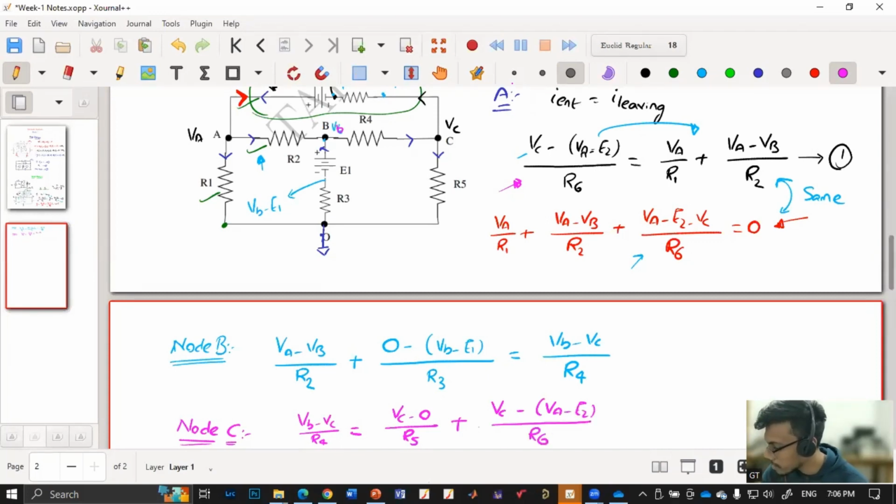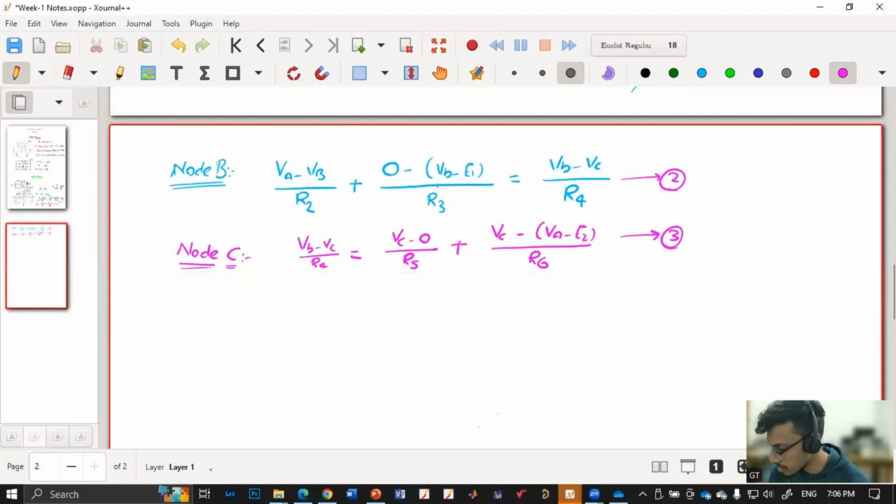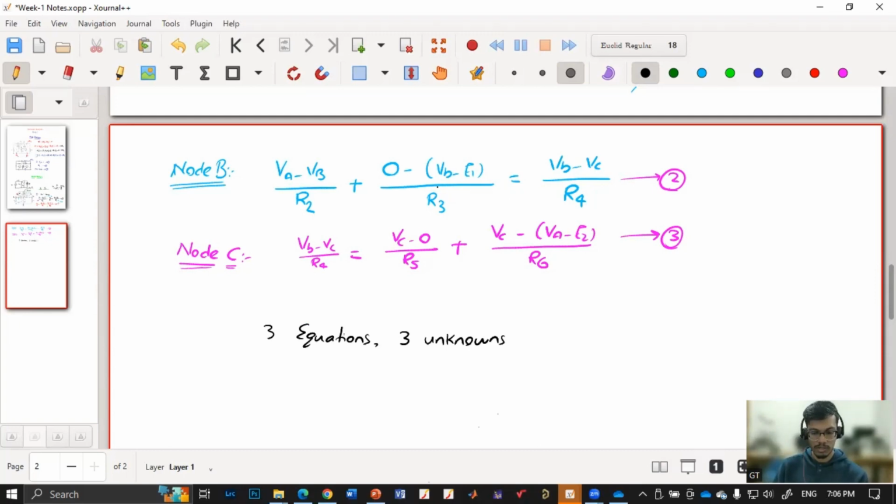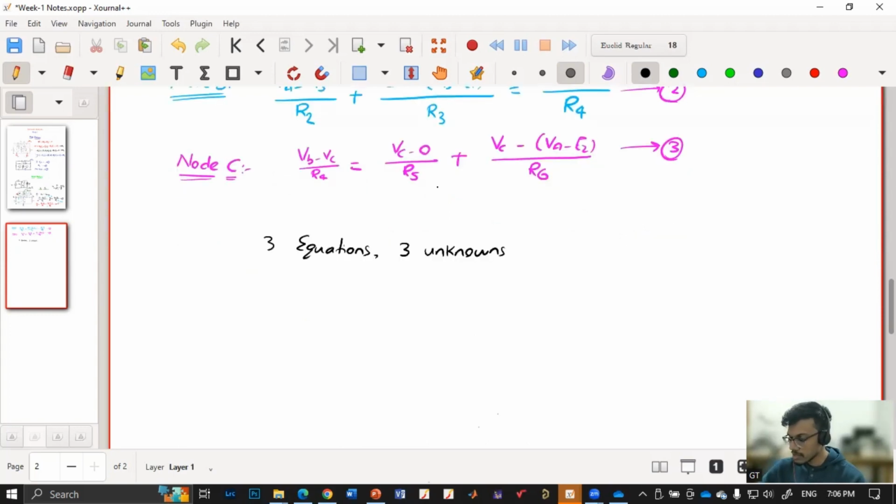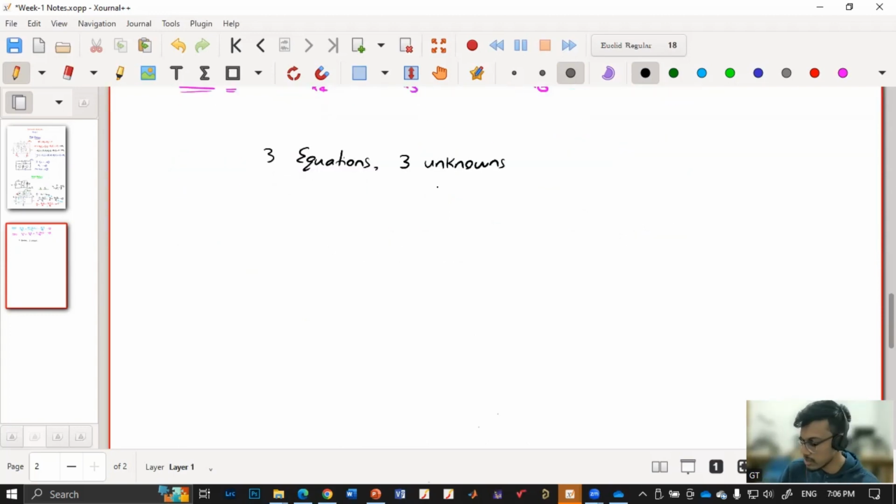So I'll have again equation 1, equation 2, equation 3. 3 equations, 3 unknowns. So we'll solve these 3 equations. We'll come to how to solve these equations. I'll check and get back to you next week on how to solve this. 3 equations, 3 unknowns. But in the case of nodal analysis, say